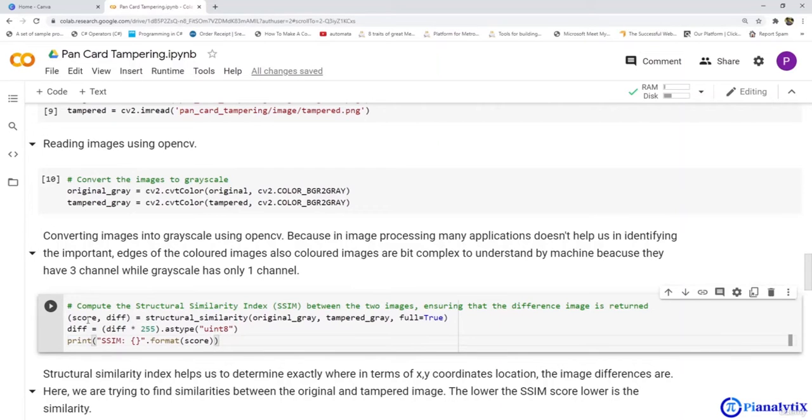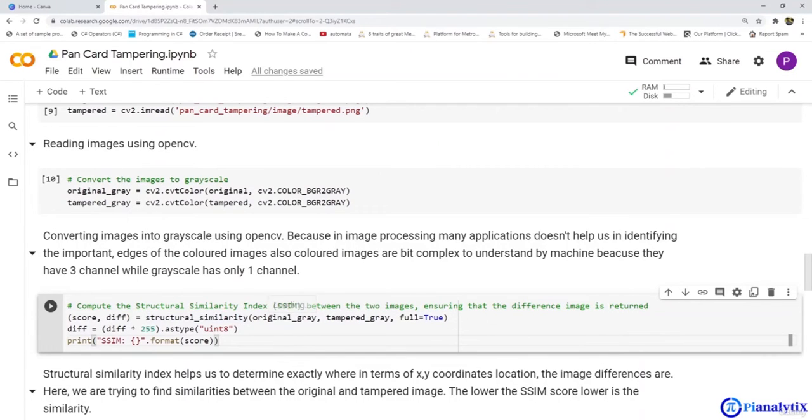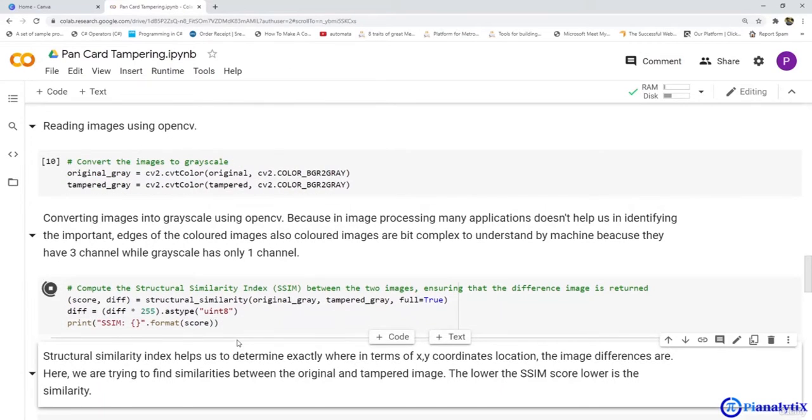For this we have used structural similarity, which we have imported above, and we have passed both the images, the original gray image and the tampered gray image. Now let's run this. For the difference, we are dividing it by 255 to normalize it and printing the SSIM score. Now let's run this cell and find out the similarity score.